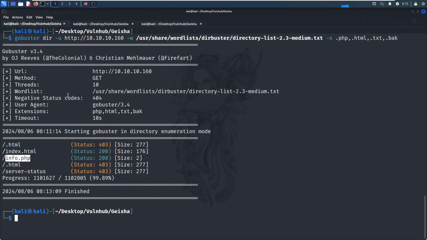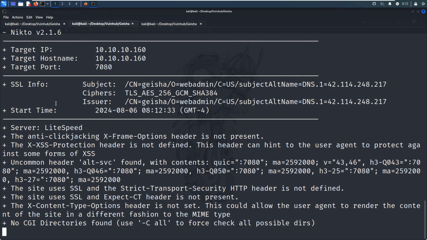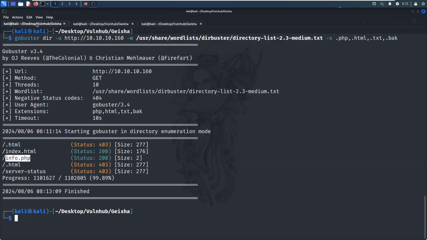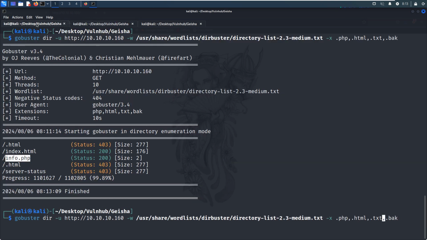So we failed to discover anything important or interesting from port number 80. And then I think next we need to focus on port number 7080. In the meantime, we can launch the directory enumeration with this port number.